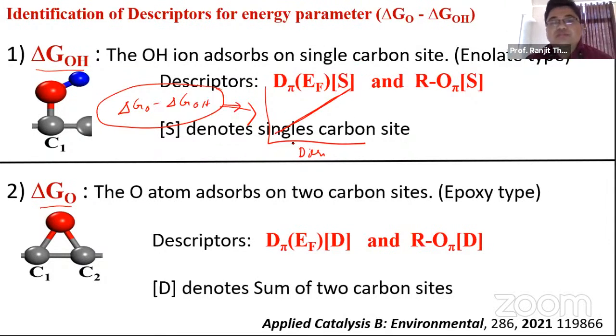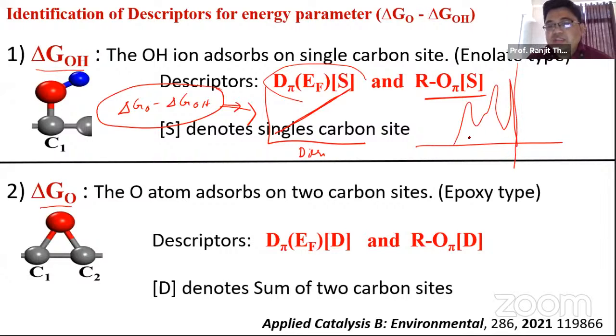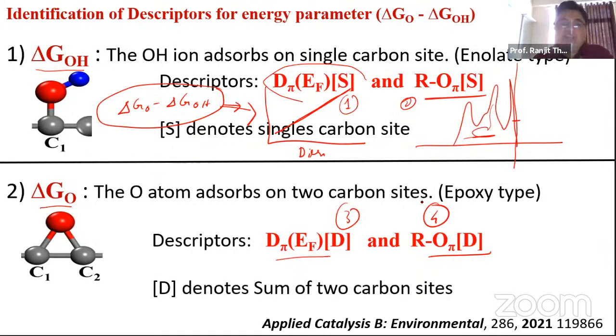As in work 1, we have shown that the pi electron at Fermi level and the pi electron occupancy are descriptors. If you plot a simple density of state of a single atom, the area under the curve is your pi electron occupancy, and the value at the Fermi level is the pi electron at Fermi level for that carbon atom. We have chosen different types of parameters and defined two types: D means double carbon, S means single carbon, and there are 1, 2, 3, and 4. These are features I can also take in machine learning, and here they are the parameters we take as an analytical model.